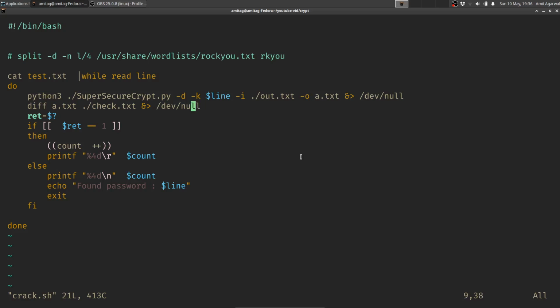I am doing a diff between a.txt and check.txt. Check.txt is the original file which was encrypted using a key. If I don't find a match, then I simply print the number, and if I find that there is no difference, then I say that I found a password and exit.